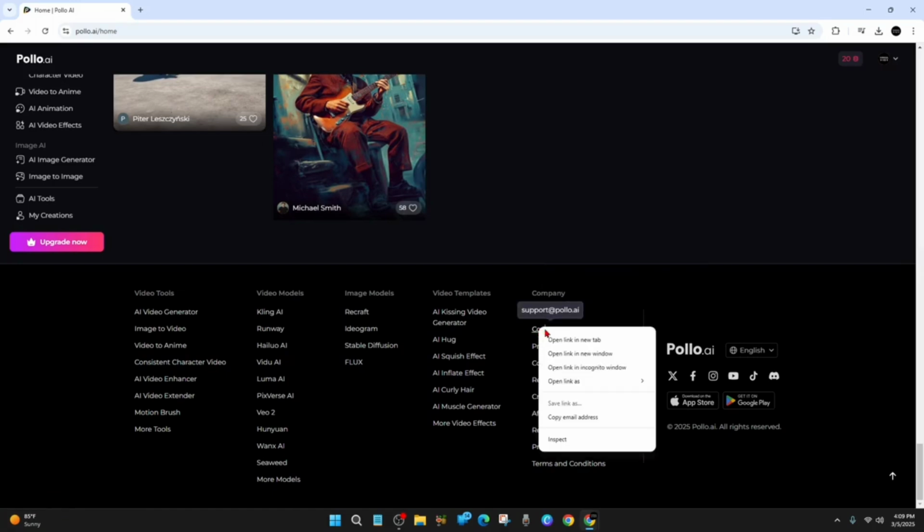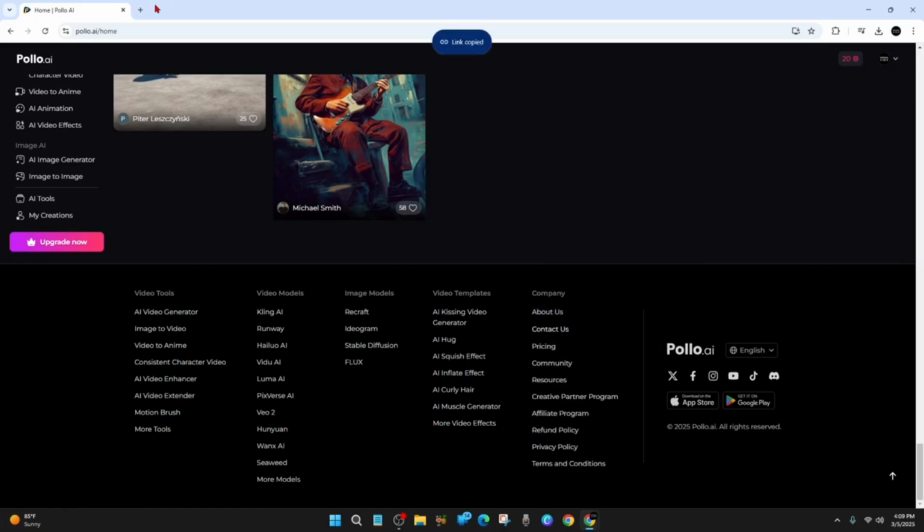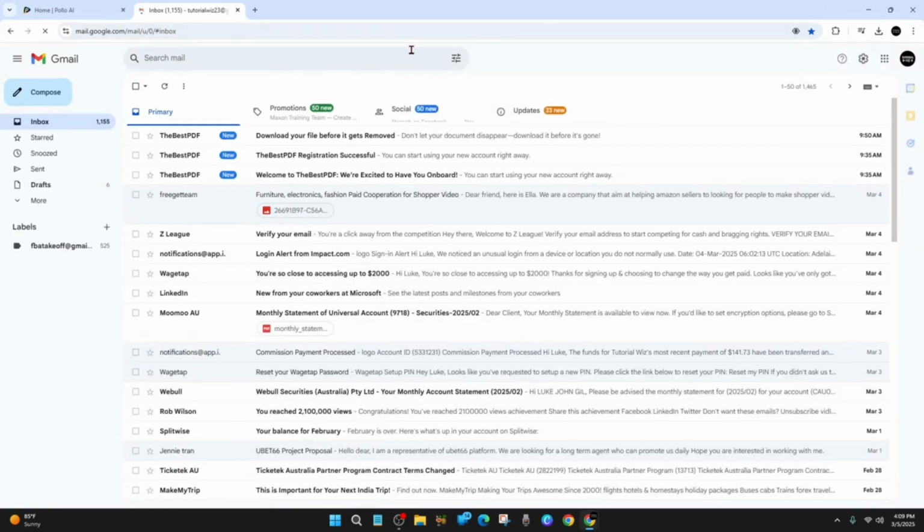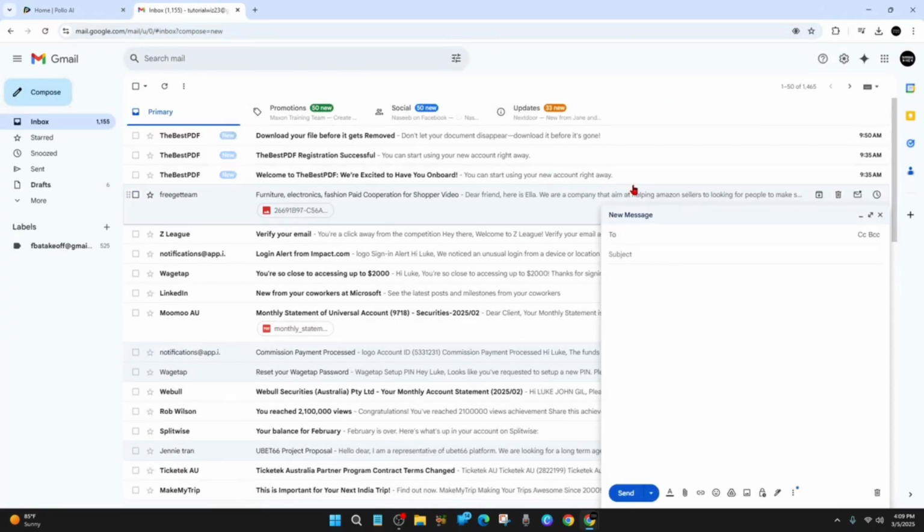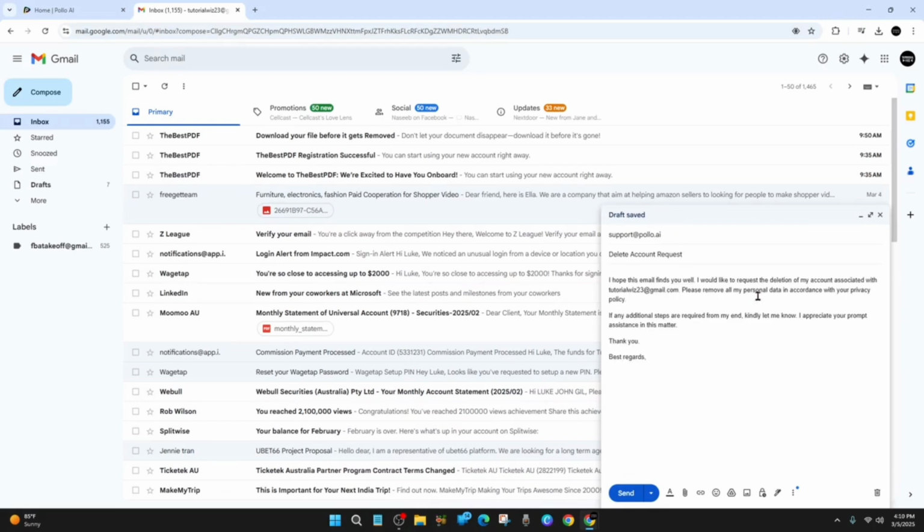So from here we can just copy the email address, and now I'm going to open up my Gmail and then send them an email. So I'm going to compose a new email to support, and then for the subject say "Delete account request", and then in the text field here just write something along the lines of